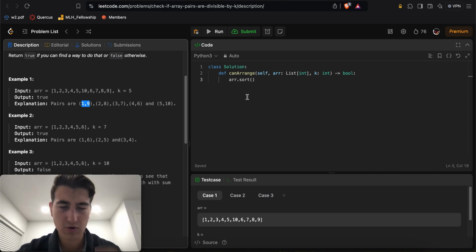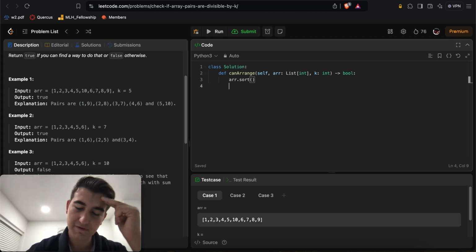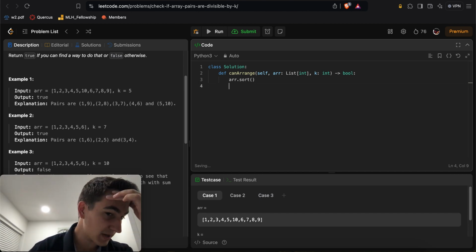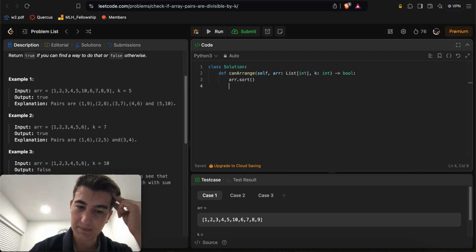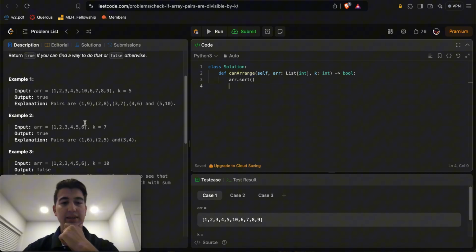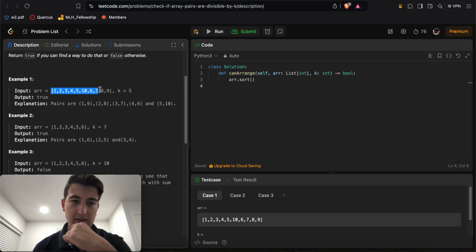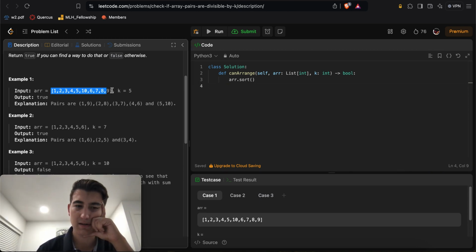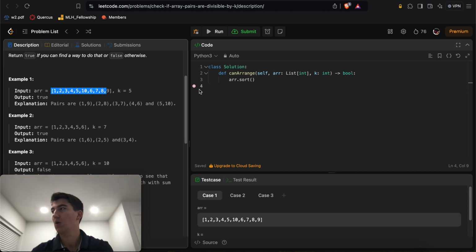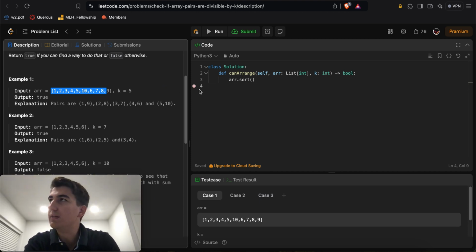Or, okay, let me think about this. No, if you had something like 0 and 10, that's still divisible by k. Okay, I'm not onto something here. I'm trying to think. There's clearly some trick that we're going to have to think of here. In something like this, the 10 is at the end, but the 10 goes with the 5. So one thing that's obvious is that we need,